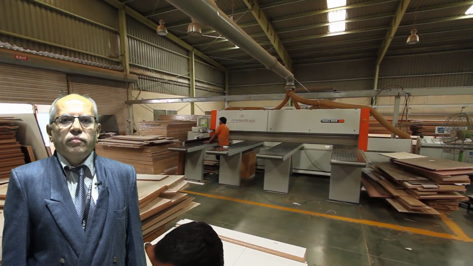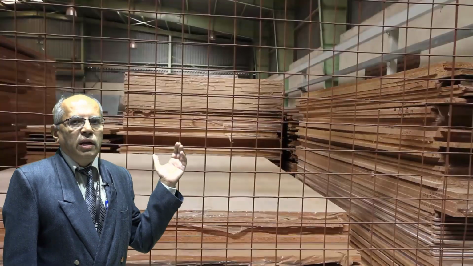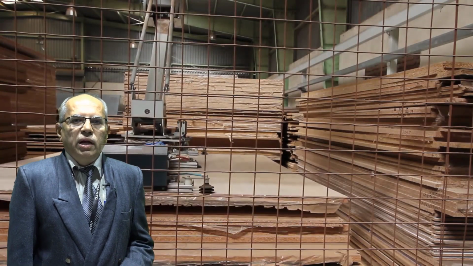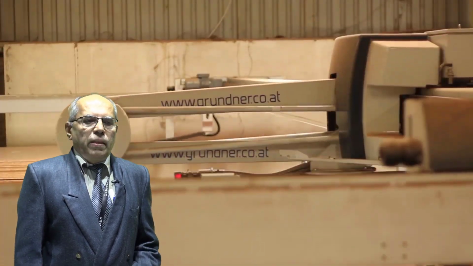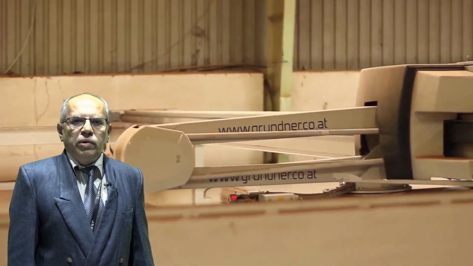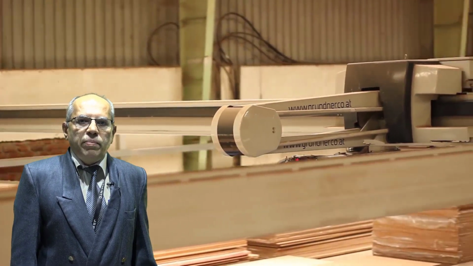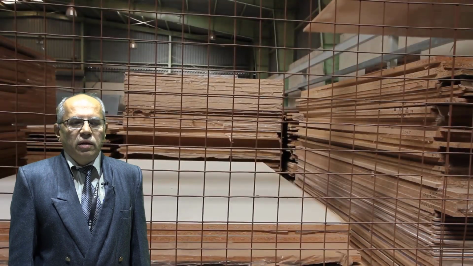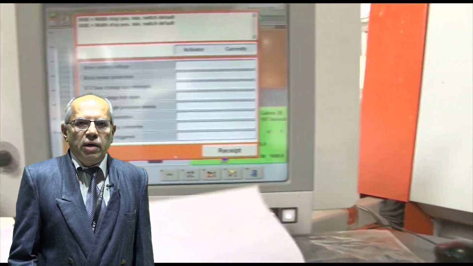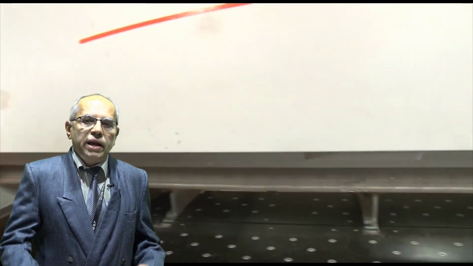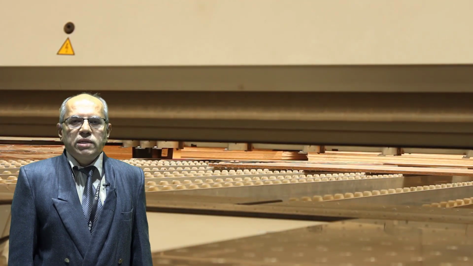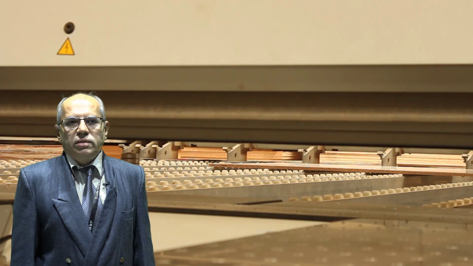Then the next one is labor. Labor cost is also divided into direct labor and indirect labor. Direct labor cost is directly associated with the product. As an example, as we have considered furniture, the carpenter does the finishing of the furniture and the polishing and everything. So his work is directly associated with the furniture, table or door. Such an example is known as direct labor cost.